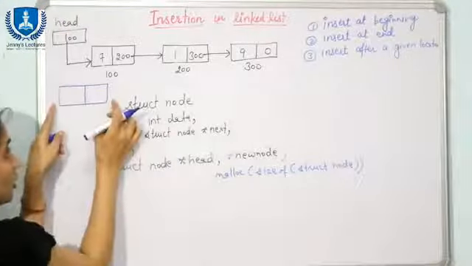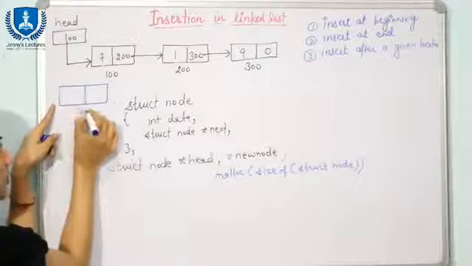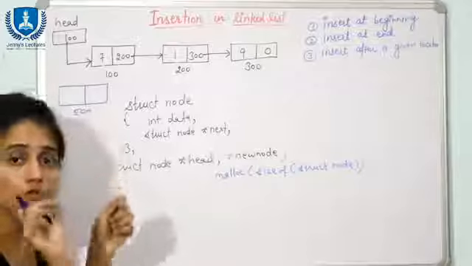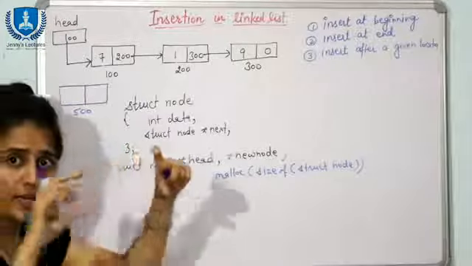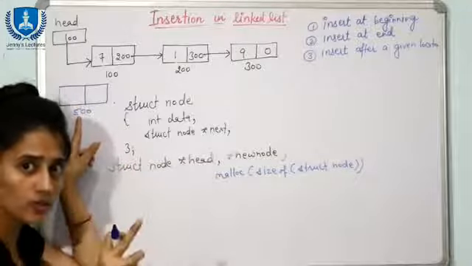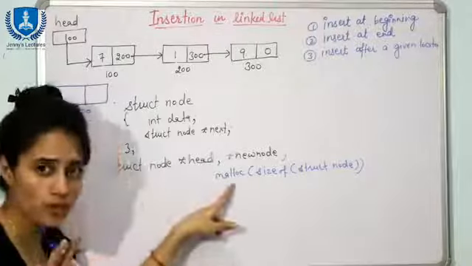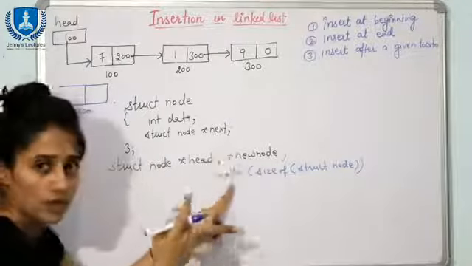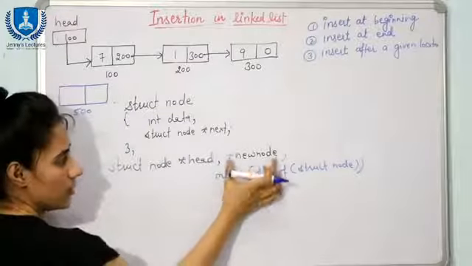Fine. Suppose this block has been allocated and address is what? Suppose 500. Address of first byte, right? Here this block is what? Complete 8 bytes is going to contain. So address of first byte is 500. So that is why address is 500. So it is going to return this 500, but this is going to return a void pointer. And here this pointer is what? It is a pointer to node. As you can see, this pointer is what?